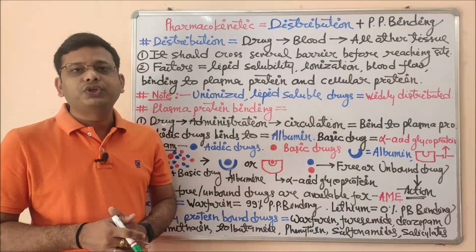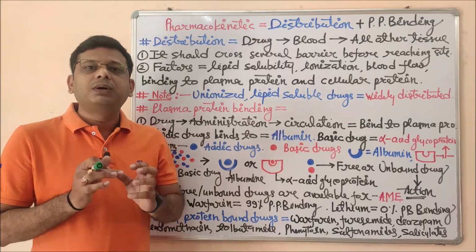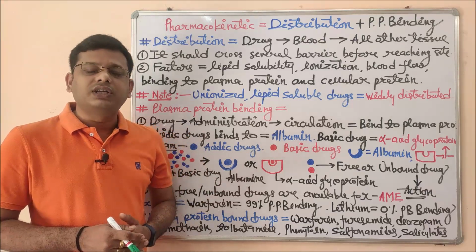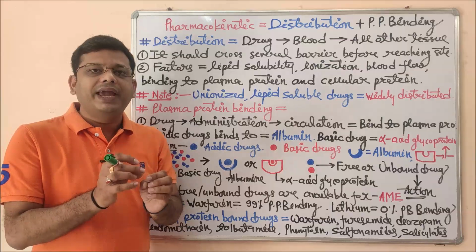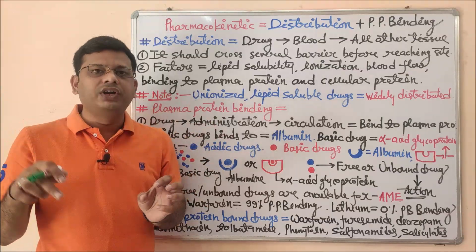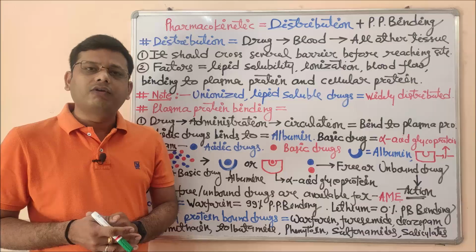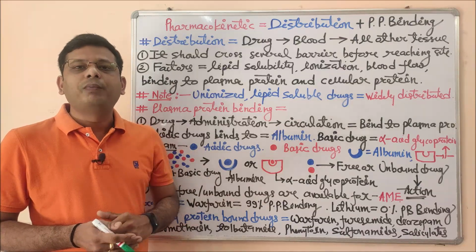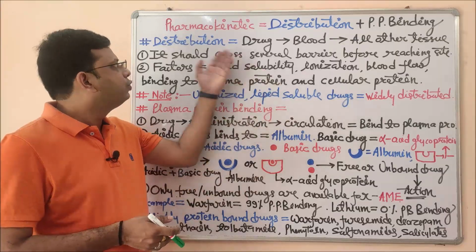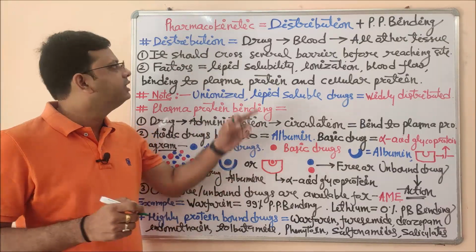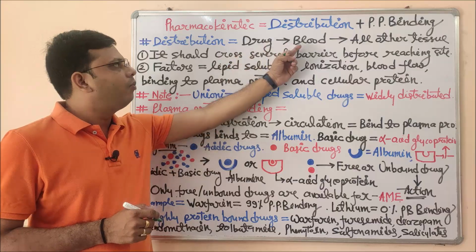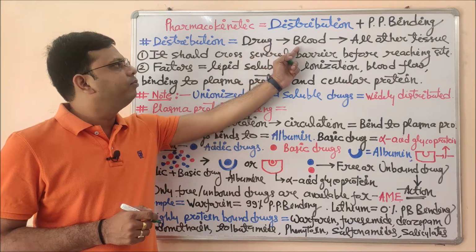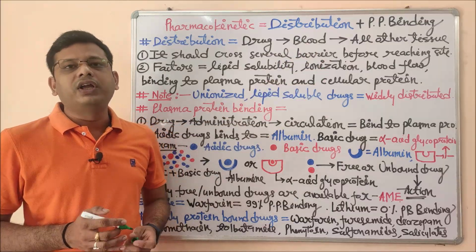What is distribution in the case of biological phenomena? If some tissue has a high concentration of a drug, that may be converted into a toxic effect. So that tissue tries to make equilibrium with the surrounding tissue, so that each and every part of our body will receive the drug and produce its desirable action once it occupies its binding site, that means receptor. So in general, we can say distribution is the movement of drug from blood, because the drug is absorbed into blood only, to all other tissues in the body.